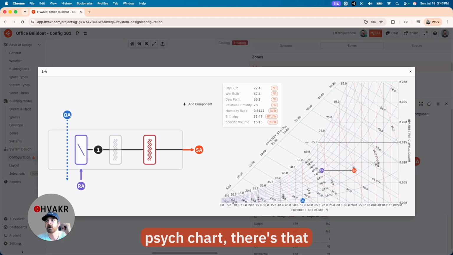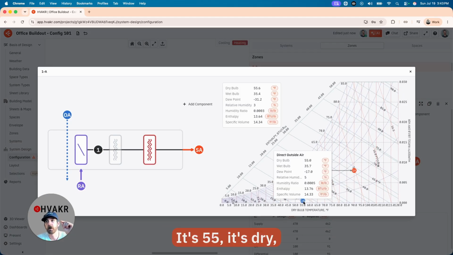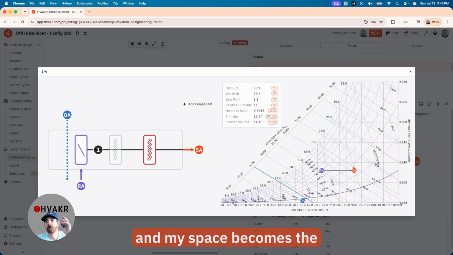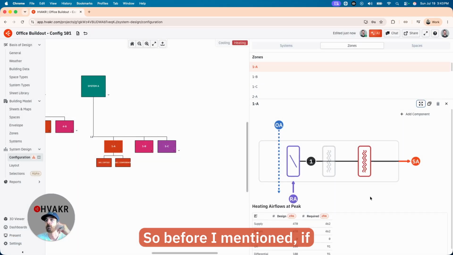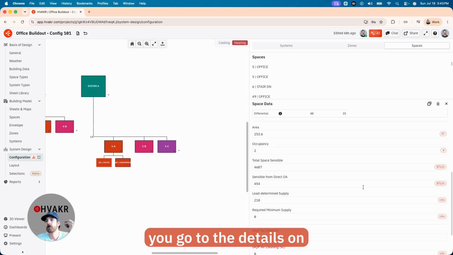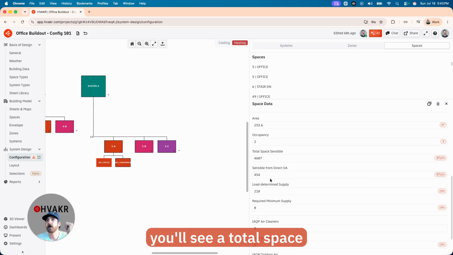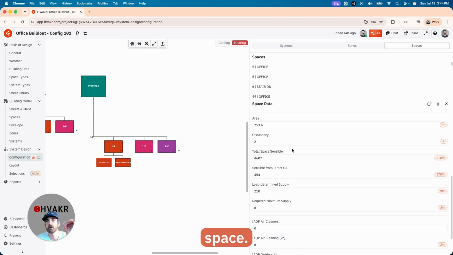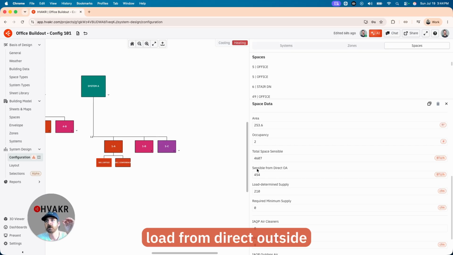And if I look at the cycle chart, there's that air that's entering my space. It's 55, it's dry, and my space becomes the mixing box. So before I mentioned, if you go to the details on your space, you'll see a total space sensible. Well, with decoupled, there very well may be an additional load that's introduced from partially conditioned air going into that space. You'll see that here. This is the additional load from direct outside air. And now the load determined supply is based on both your total space sensible plus the extra sensible load introduced